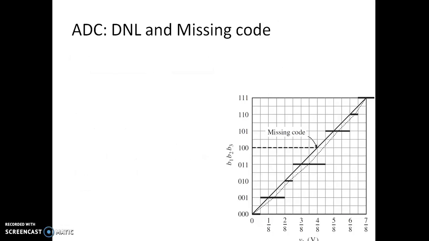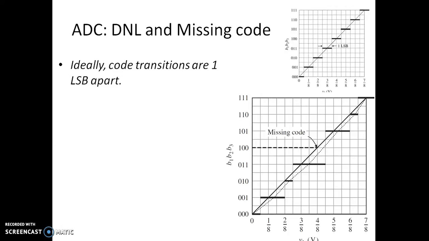Let us try to find out what is DNL of an ADC. And of course, a DNL will result in a missing code. We should try to understand what is this missing code and all those things. So, ideally, the code transitions are one LSB apart. As you can see now, there is a code transition happening at one half LSB, and there is one more code transition happening at 3 half LSB, 5 half LSB, meaning ideally the code transitions will always be apart by 1 LSB. But